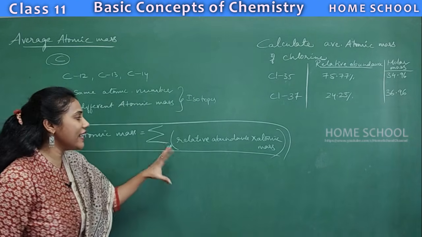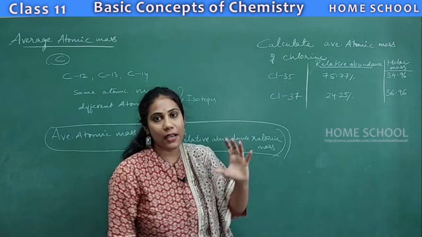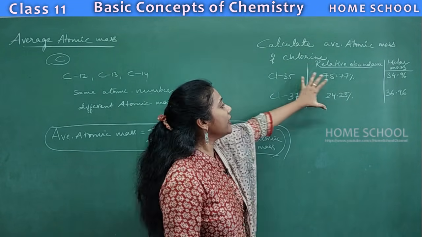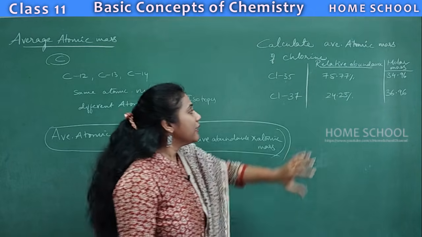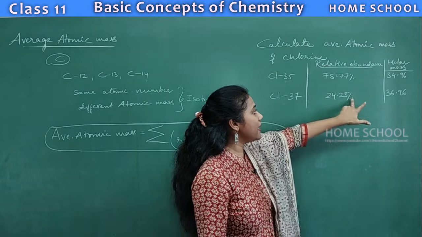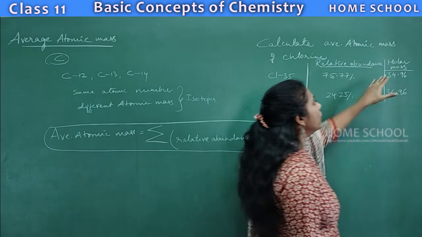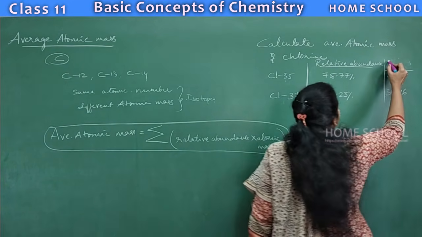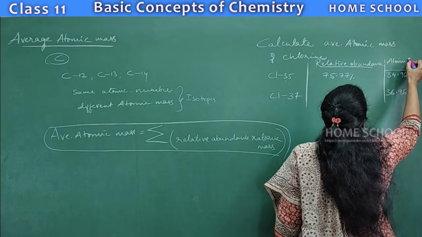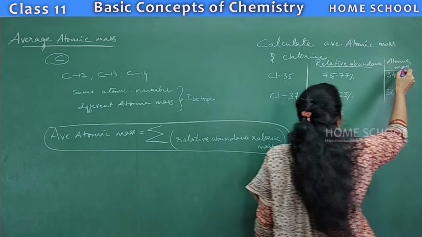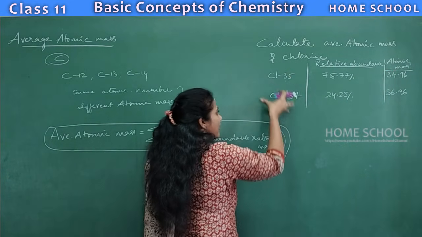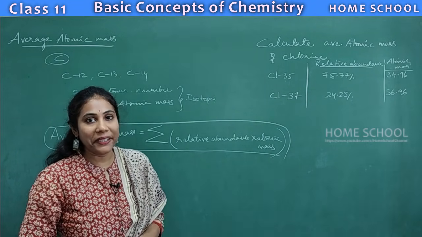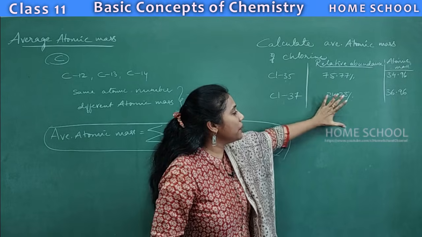You will understand the formula when I calculate with an example. You can watch this example here. This is the information you will have in a question. They will provide you relative abundance and they will also provide you atomic mass. Instead of writing molar mass, let me write it as atomic mass. Atomic mass, in this sense, is the atomic mass of a single isotope. Now we are finding the average atomic mass of the element, right?